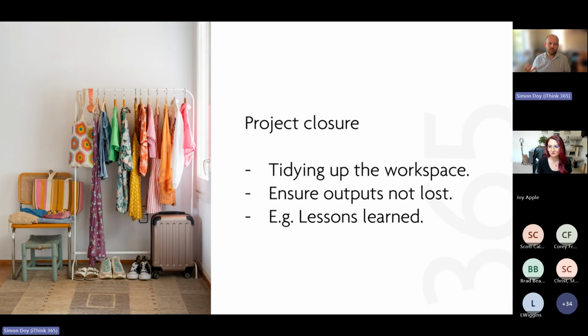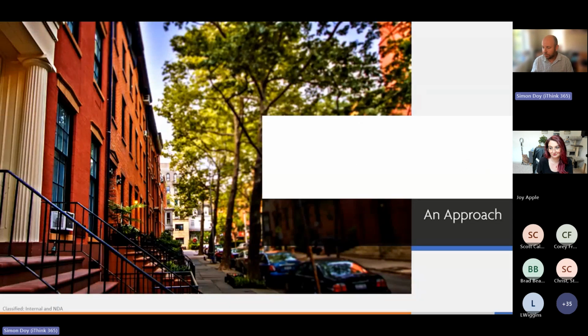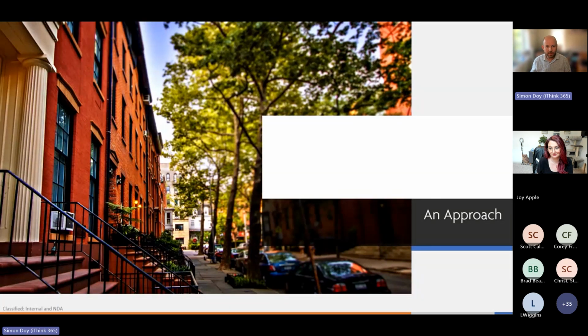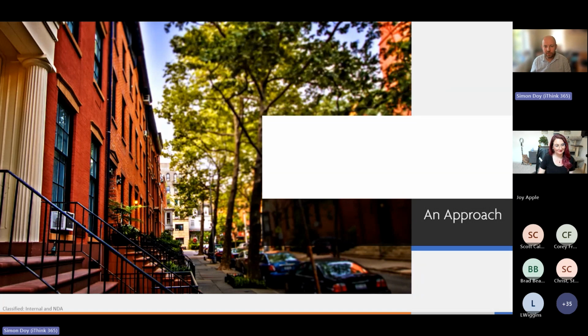You might have project sign-off content, you might have lessons learned or project retrospectives, and we want to capture those so that we can learn from the project, what worked well, what didn't work well. So we need to be able to close those projects down. So there are some issues, some thoughts, and I just want to present an approach which we use